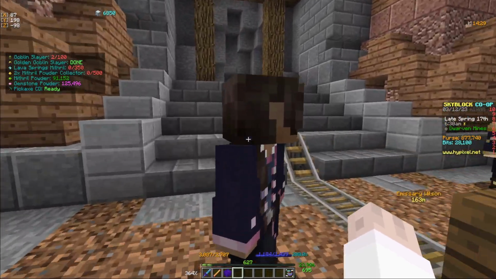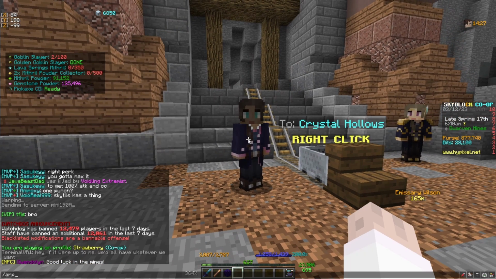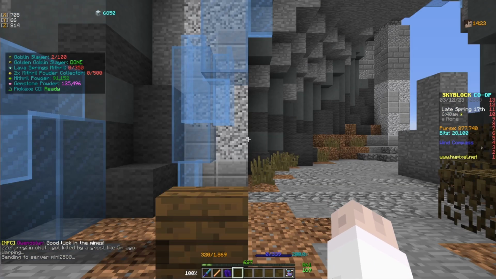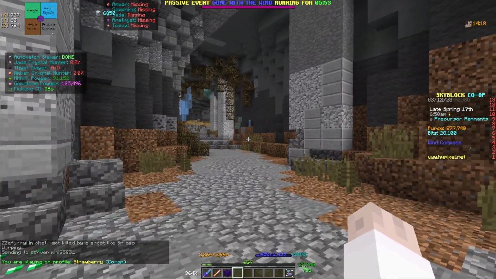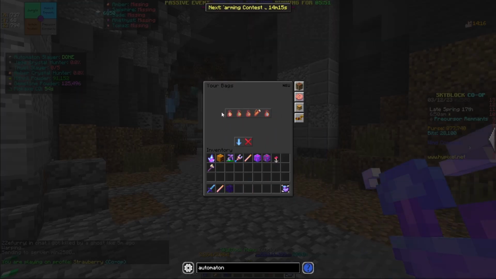You're going to try to actually get them. So we're going to make sure that we have a Crystal Hollows pass. We're going to go to the Crystal Hollows, and luckily enough, we're actually in the Precursor Remnants. That's very, very convenient. So then what we're going to do is we're going to grab